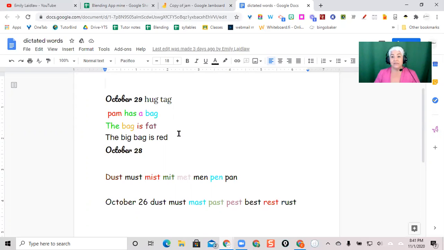I said, okay, let's make it say that. And so she said "the," and she typed out "the big," and she typed out "bag," "is," and "red." And she typed out her sentence. This is the first sentence that she's written out on her own. Now, she's still adamant that she can't read,